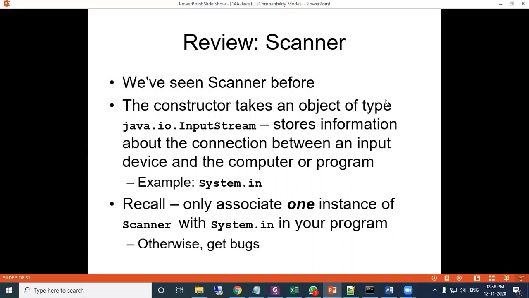There are some constructors. The constructor takes an object of type java.io.InputStream, which stores information about the connection between an input device and the computer. So System.in we are using there for input. System.in is your keyboard.